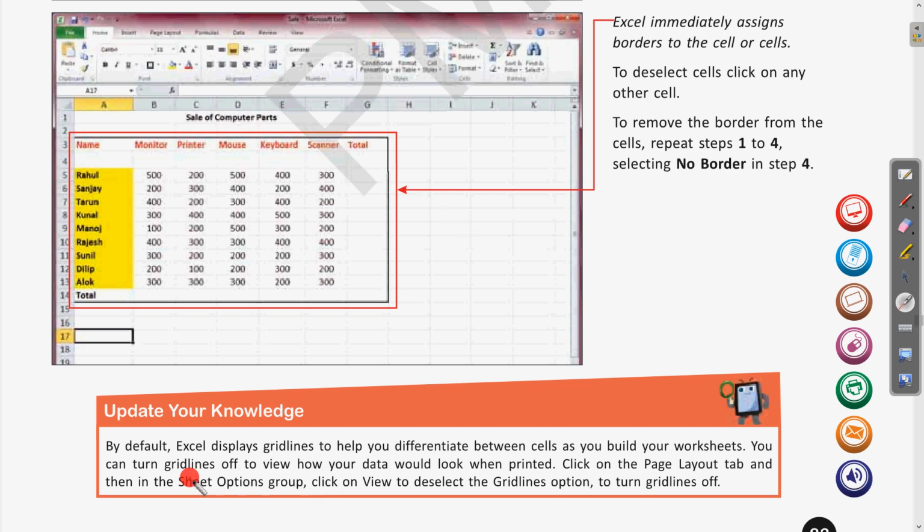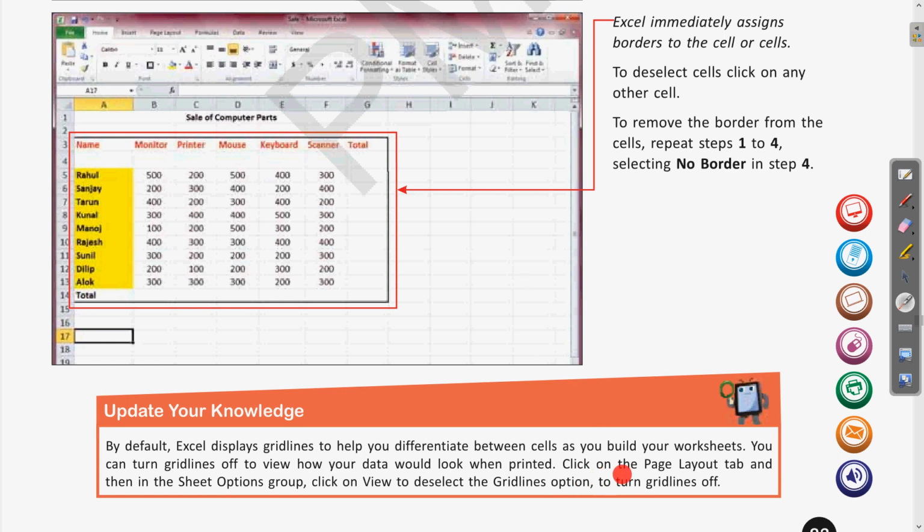So you can turn grid lines off to view how your data would look when printed. Clear? So whenever this Excel sheet is printed, these grid lines don't appear on the page which we are going to print. So we can turn off these grid lines if we want, so that we can exactly see how this page is going to appear when we take a printout.